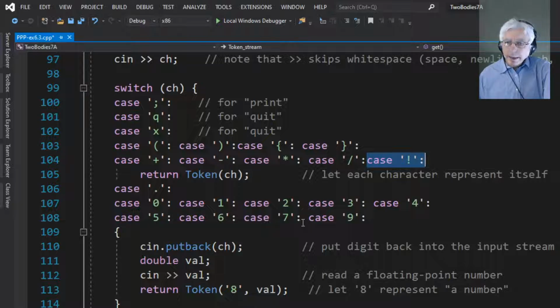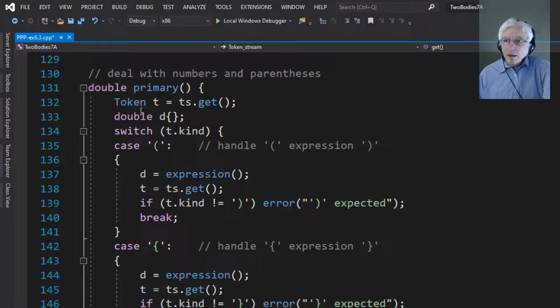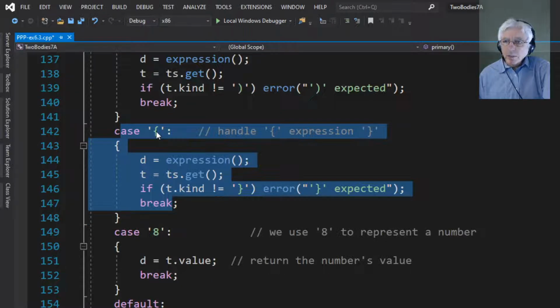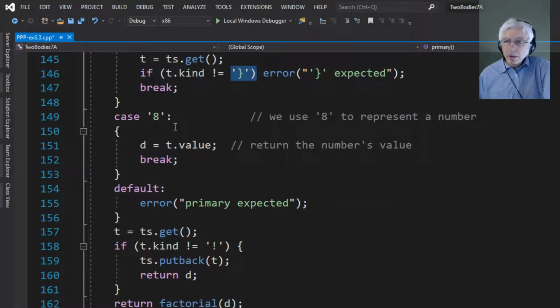And how do we handle that? Well, primary is the one that's going to handle it, right? So we're going to think of a factorial as a primary. Ultimately, a factorial will resolve to a single number, which is a floating point literal, right? So when we come down here to primary, here's how we're going to handle it. And notice we also now have the opening and closing curly brace, right? They just have to pair up, right? So if you have an opening curly brace, that should be paired with a closing curly brace, right? If we get a number token,